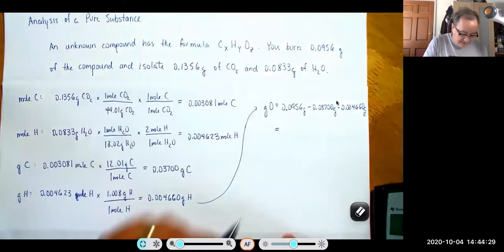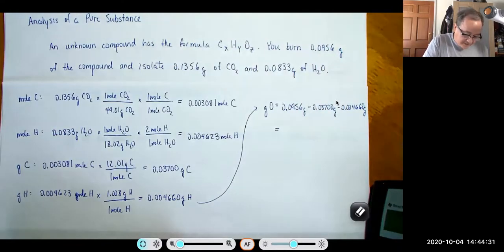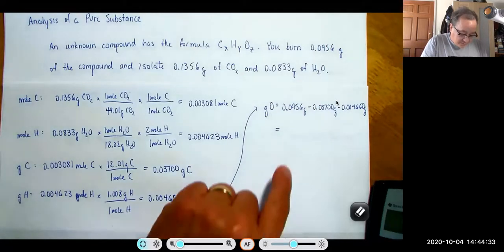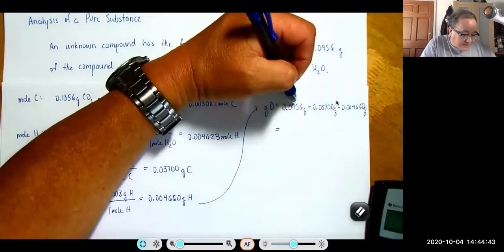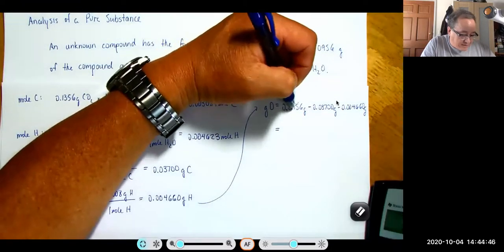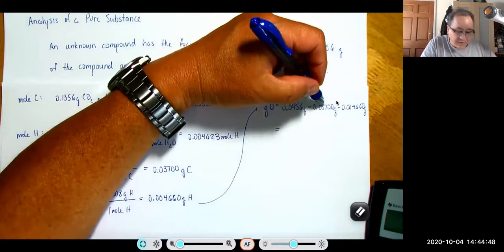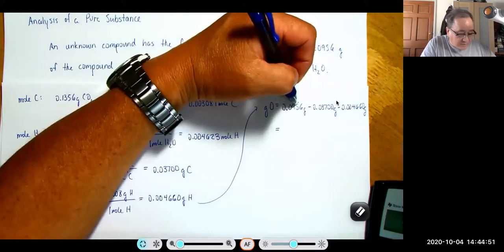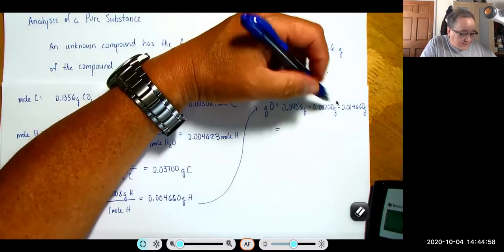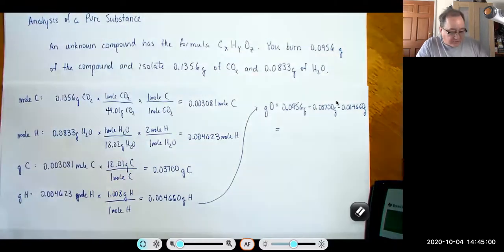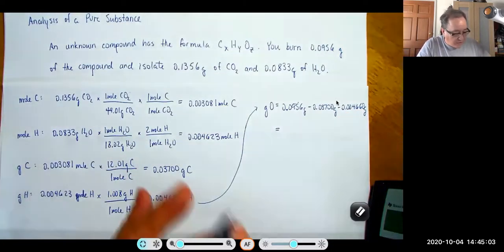So let's see what we get here. 0.0956 minus 0.0370 minus 0.004660. And the way I kind of look at this is like 9.5 minus 3.7. So that brings it down to what? That's almost like minus 4. So that's a 0.5-ish, 0.55-ish. And then here, that seems to be about right because that's so little that I'm going to ignore it. So the answer should be around 0.05, and I get